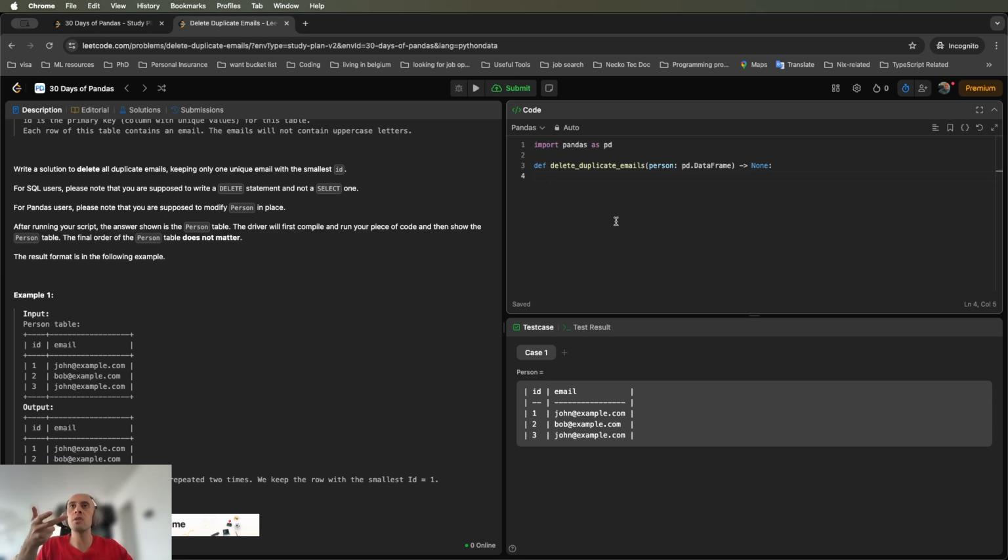But both of these functionalities in Pandas have the option of in place, so you don't need to return anything anywhere. So you do person dot sort values, and we need to sort values by both email and ID. Let's first do the email, since email is more important, and then the ID, and in place equal true,